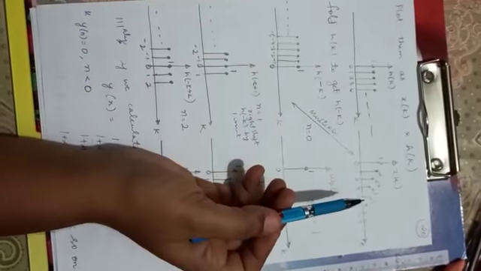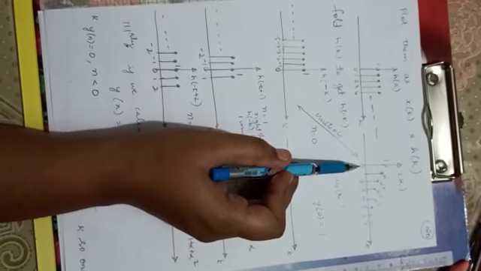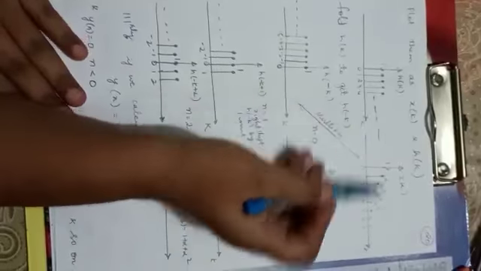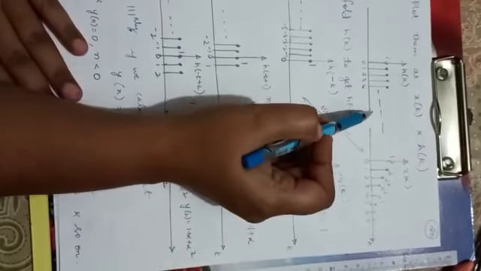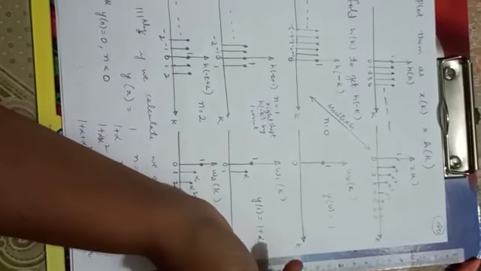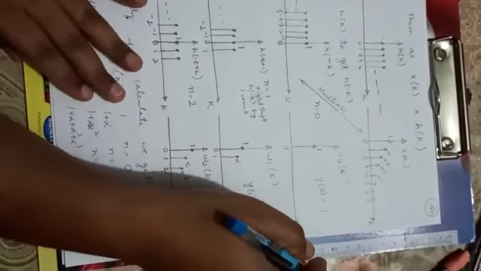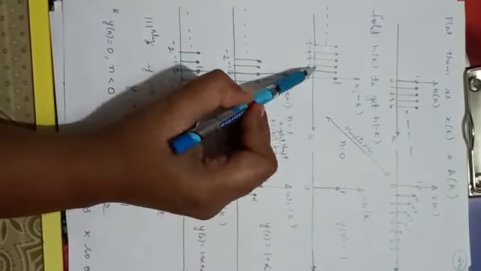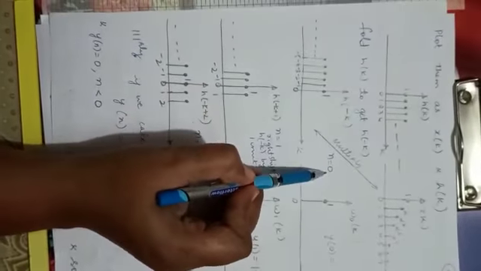So the minimum index for your output will start from n equals 0. The maximum end we can't find because both signals are infinite. That means both exist up to infinity. So now we will see, when two infinite signals are convolved like this, what solution we have to apply. We'll go step by step. Once we fold it, it is nothing but n equals 0.